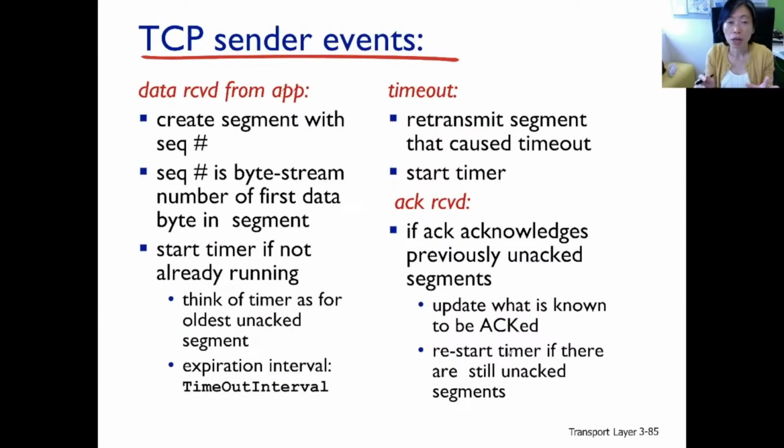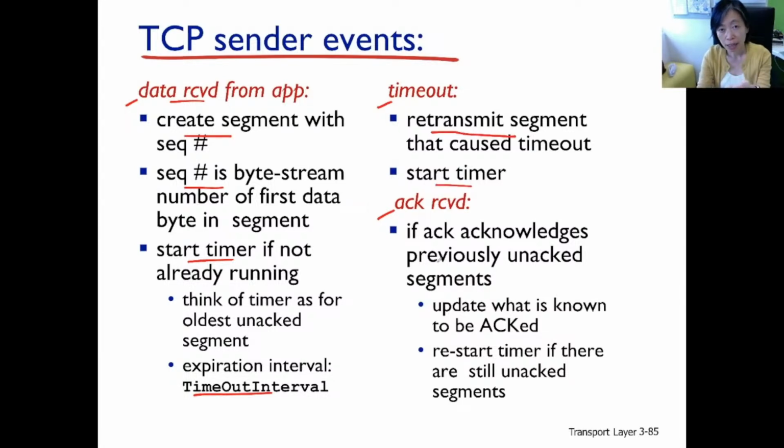Now, this is just another way of writing the finite state machine, but in pseudocode form. So we switch on different events. There's the data received from above case. There's the timeout case. There's also the receiving of an ACK packet case. So on receiving data from above, generate the packet, set the sequence number in byte count, and start the timer if there's not one yet running. Just make sure that you set the timeout interval to what? The estimated RTT plus 4 times the deviation of RTT. In timeout, if it is triggered, then retransmit the whole flight of segments and restart the timer.